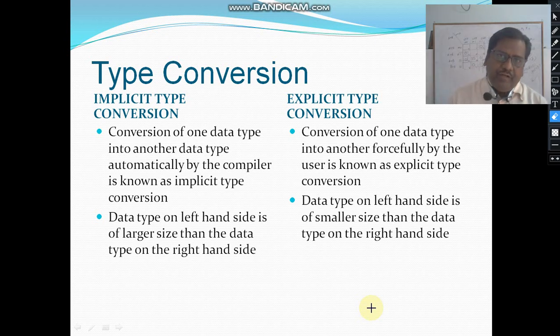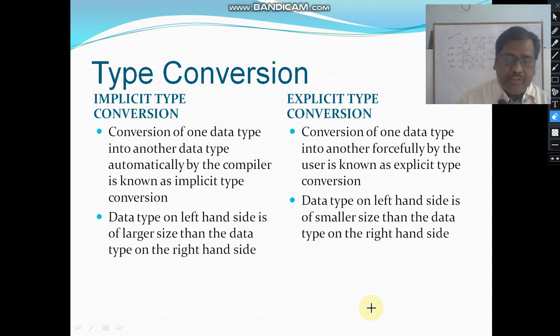That means when a value of one data type is converted into another, forcefully by the user, it is termed explicit type conversion. Now what will happen here? The size of the data type on the left hand side is smaller than the size of the data type on the right hand side.